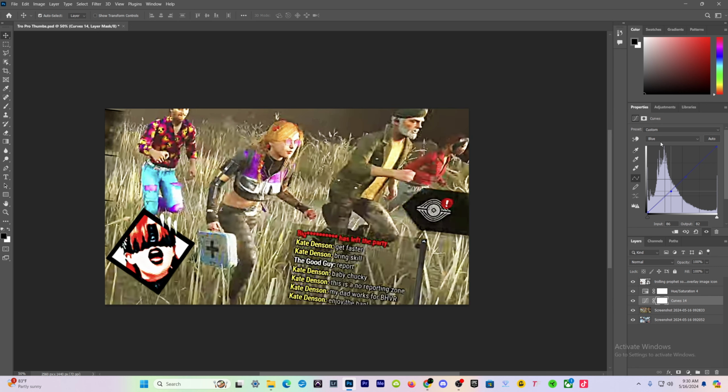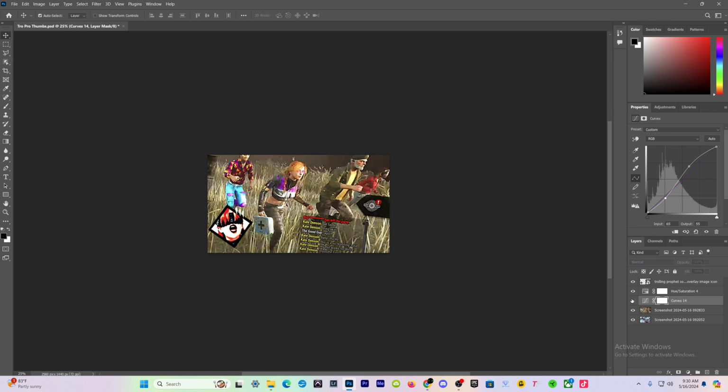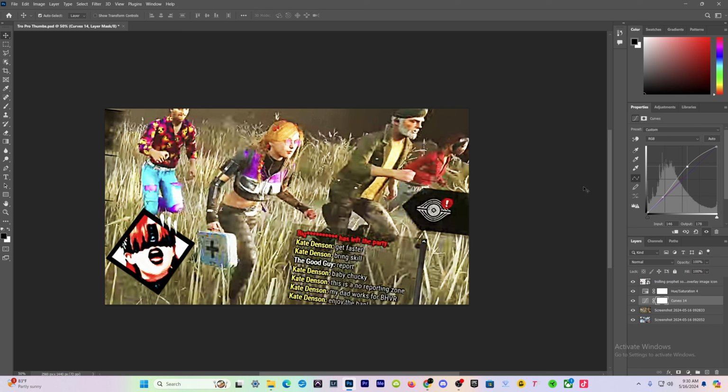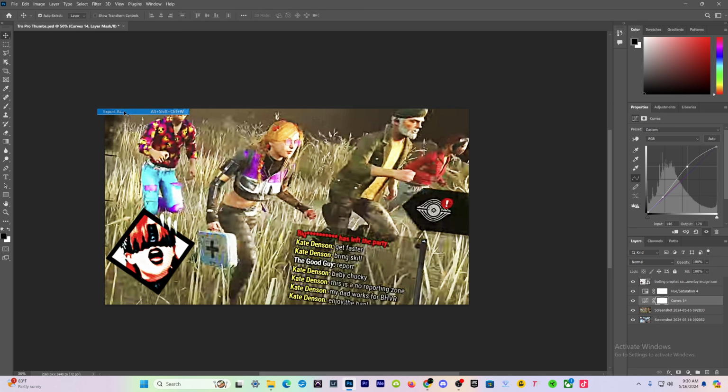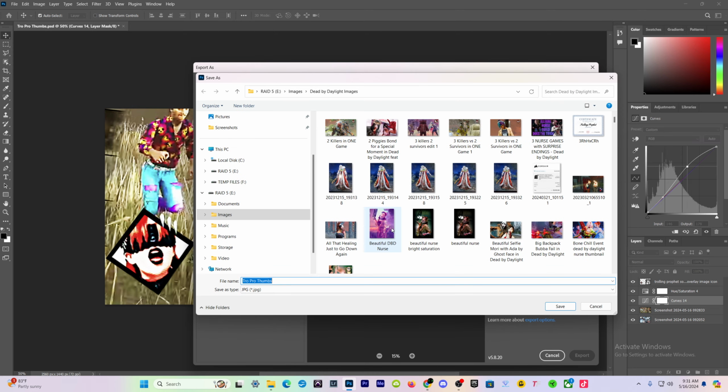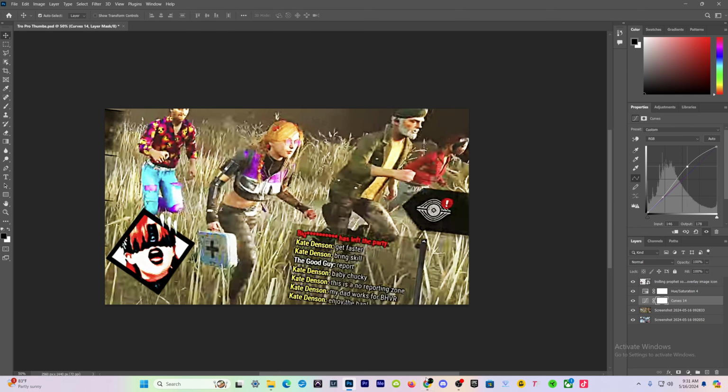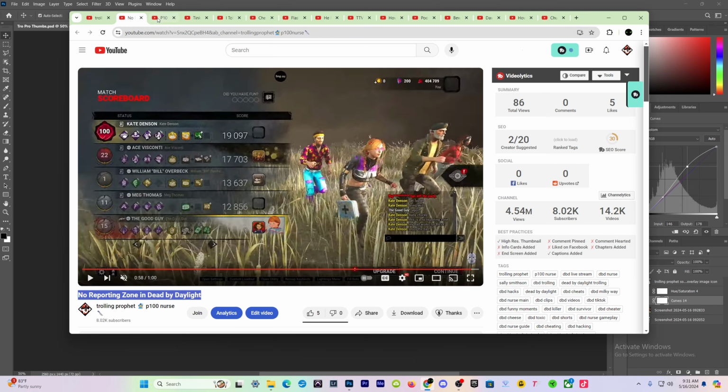Might want to just go to the RGB and darken it a little bit. Bring the brights out. So this is off, this is on. It almost looks better. I'm not gonna lie, it almost looks better with it off, but let's just go with this on. And we're just going to File, Export, Export As, Export. I'm gonna paste the name and